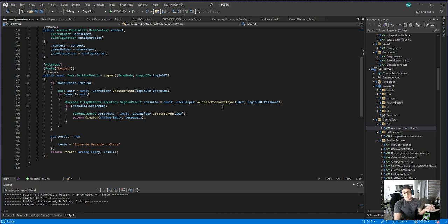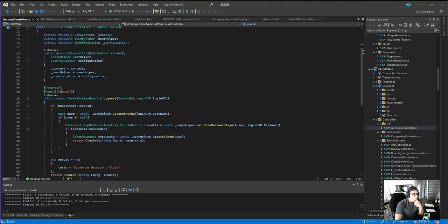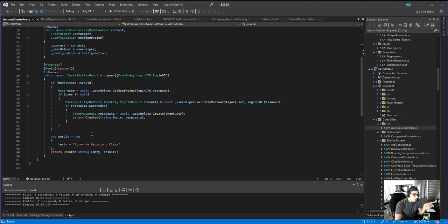And I did these claims with roles too. Well, in this case, I just have the call from the API account, and the method is login. When a login comes in and it's successful with the username and the password, I return to the user